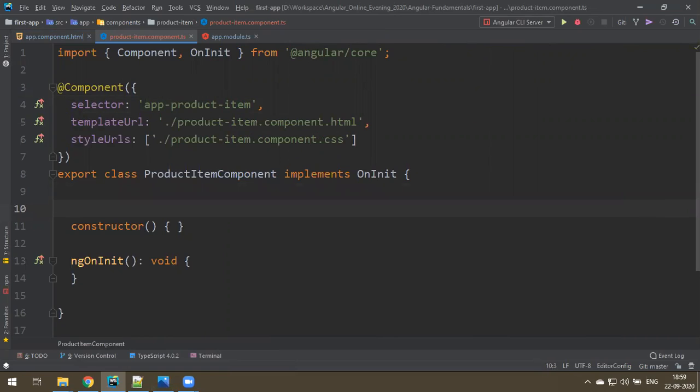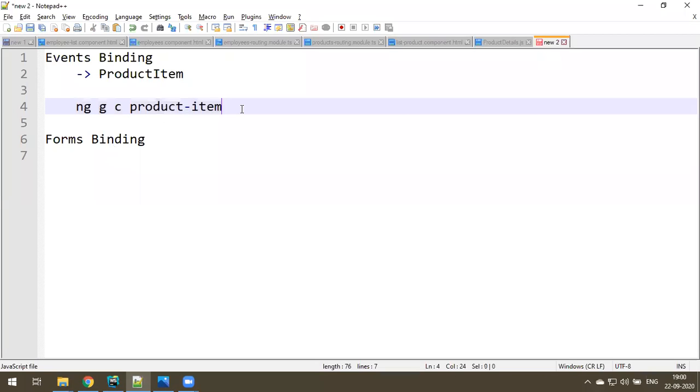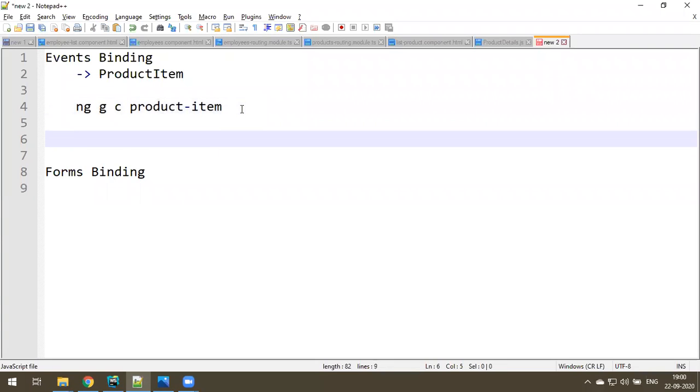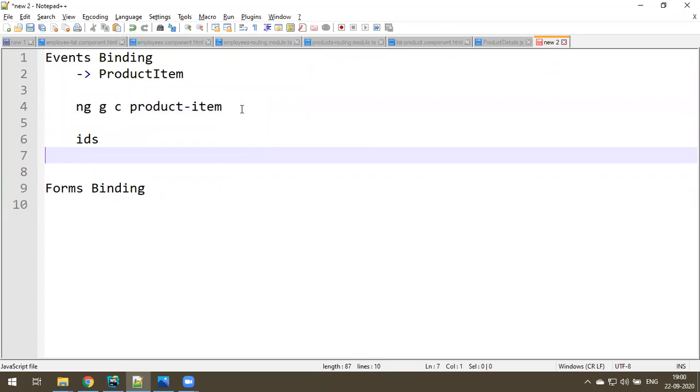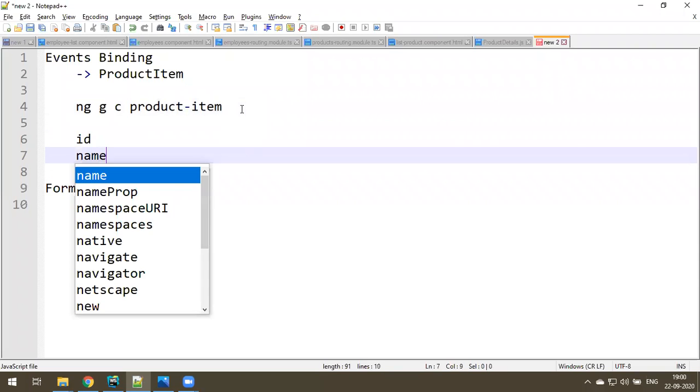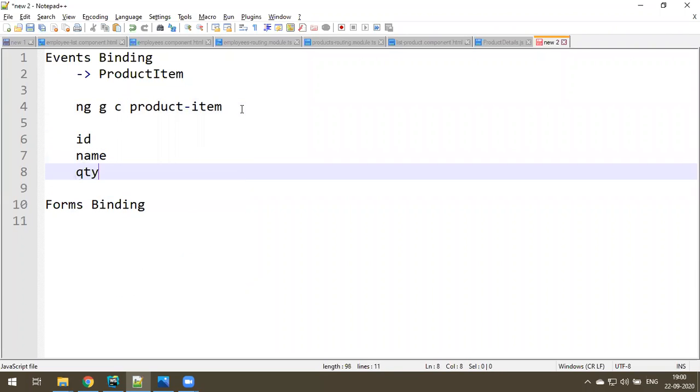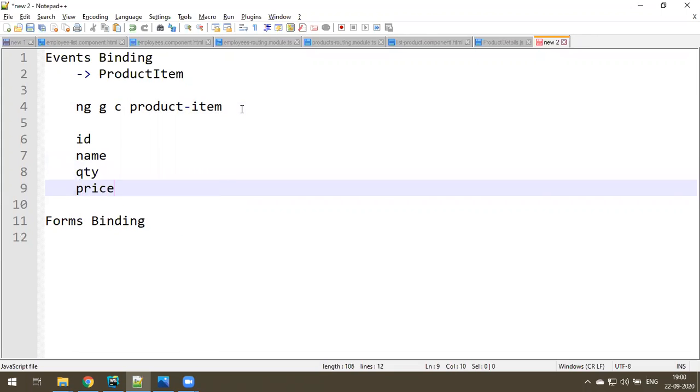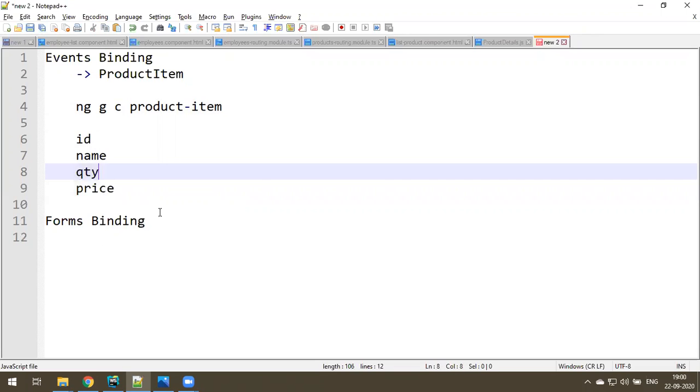But again, the problem is if you create object, you have to specify the type, right? If it is normal string and all, you can do it. But object means you have to specify the type. So how can you declare the type? Using interface. Okay. So in my product, I need some properties like some ID required, name of the product is required, quantity of the product is required, price is required. Okay, these fields required. So can we create interface type?